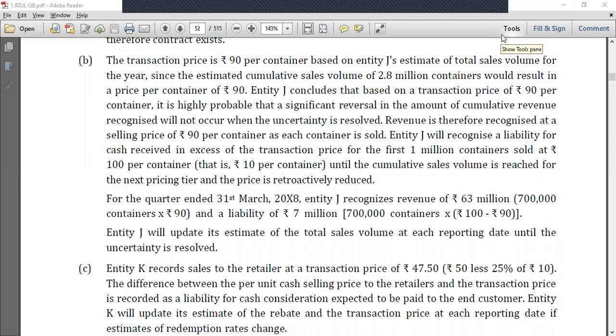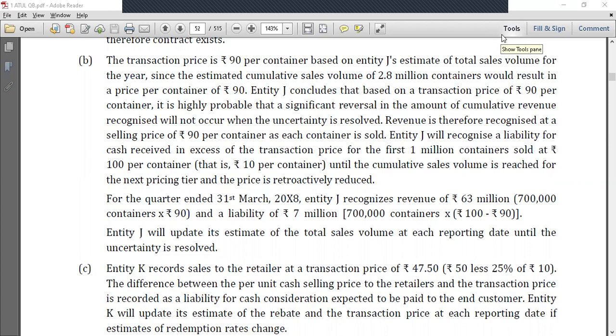it is highly probable that a significant reversal in the amount of cumulative revenue recognized will not occur when the uncertainty is resolved, and the revenue is therefore recognized at a selling price of 90 rupees per container. As such, when the container is sold, it is recognized at a selling price of 90 rupees per container,